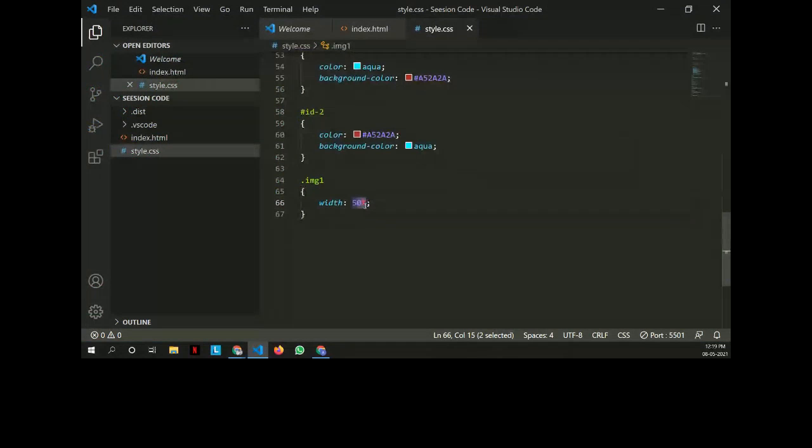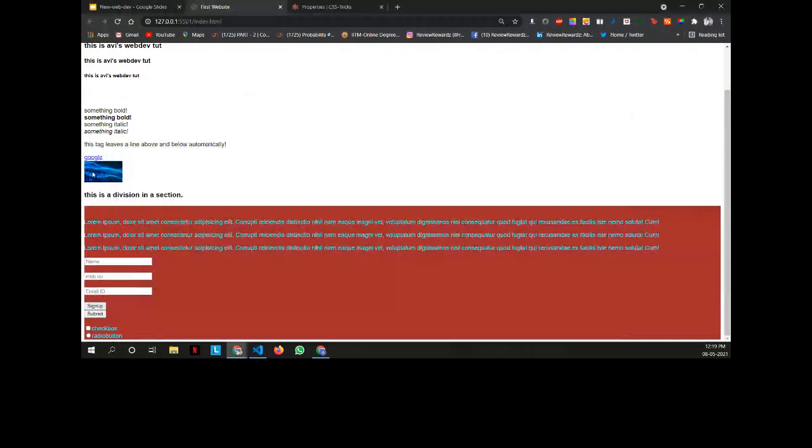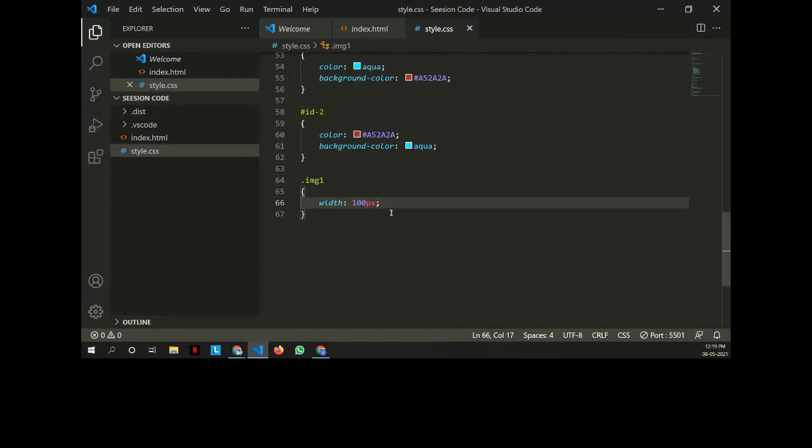Apart from percentages, you could also add it in pixels. If I add 100 pixels, the width will be 100 pixels. It's very short here, but it's 100 pixels. So that was the width property for you all. If anyone has any doubts, they could just write it in the chat regarding the width property.